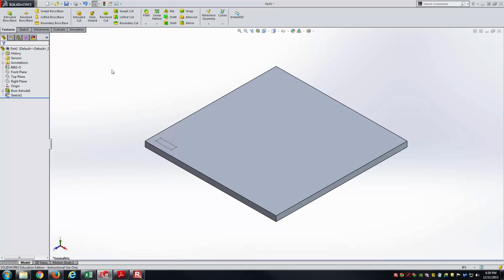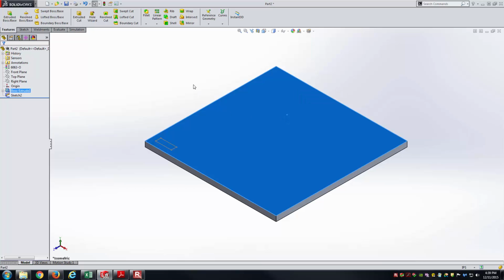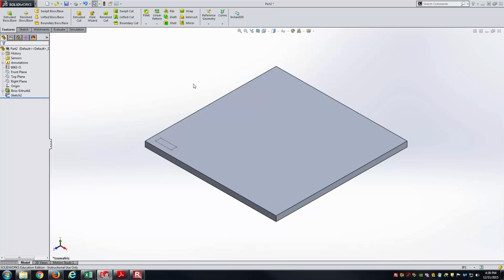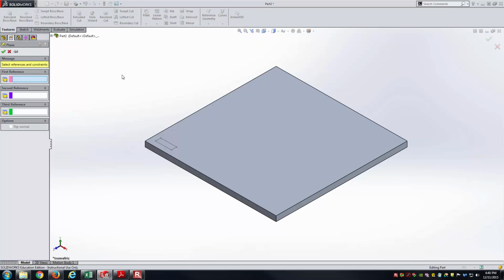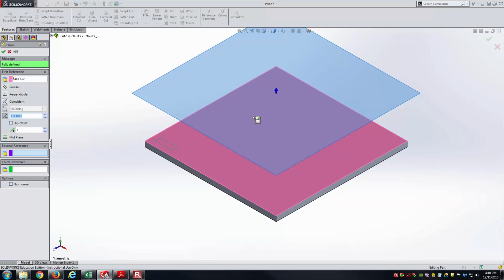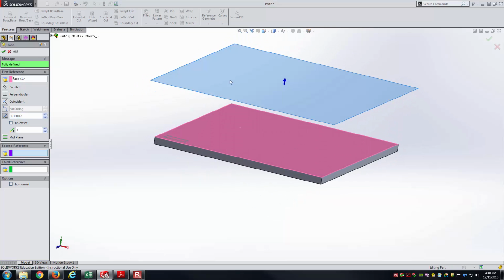Now this next sketch I want to be 1 inch above this surface. And so in order to do that, what I'm going to do is use a reference plane. I can create my own planes, of course, through the reference geometry. And so I'll go reference geometry, plane. The reference I'm going to use will just be that top face. And you can see immediately it defaulted to